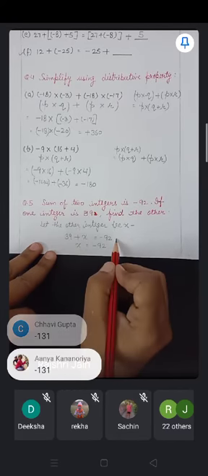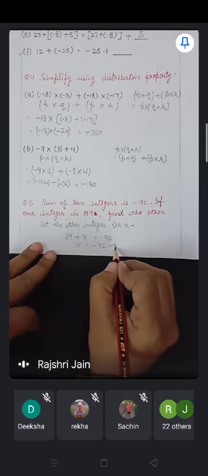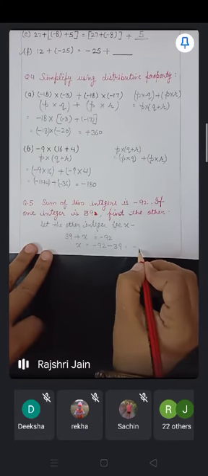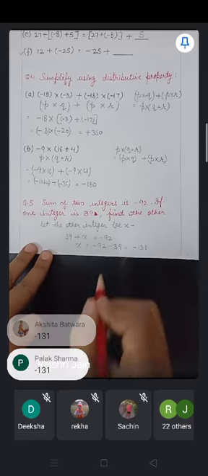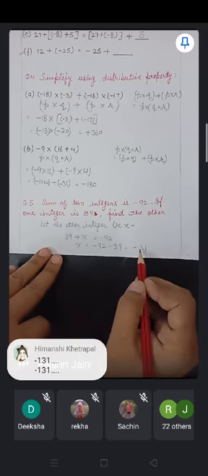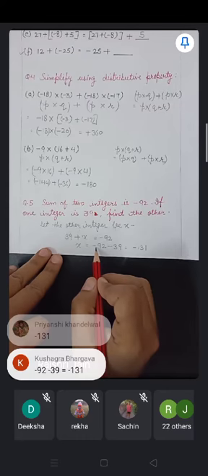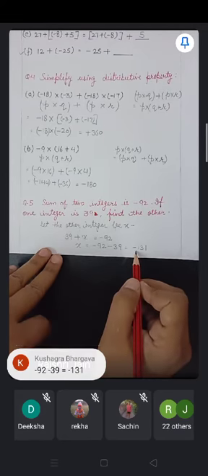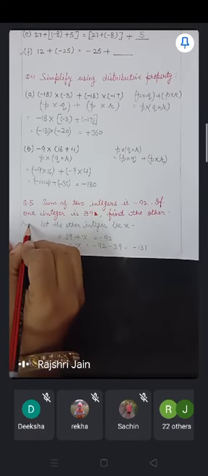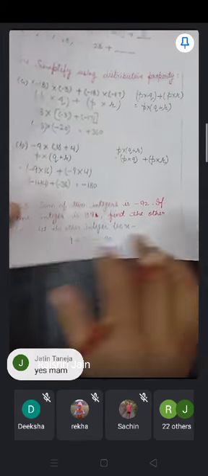Shift this 39 to the right side. It is positive here. When we shift its side, it will be -39. So the answer will be -131, because both have the same sign, so they will get added. 131 will be their addition, and because the given bigger number has a negative sign, the answer will be -131. I think it's very simple. So the other integer will be -131. This is question number 5.